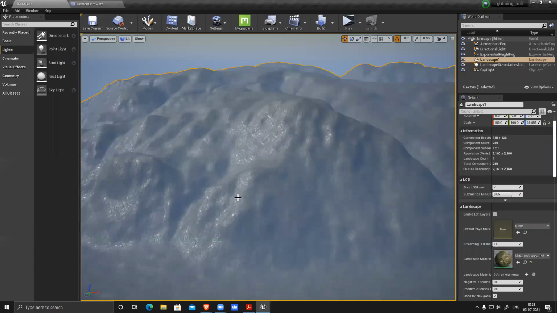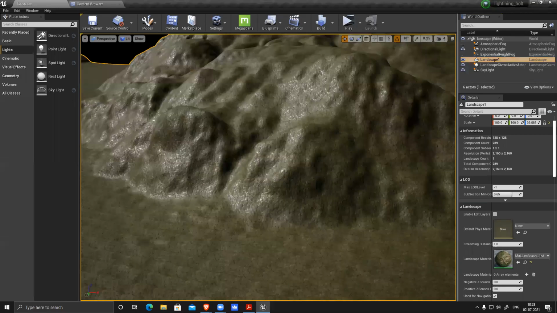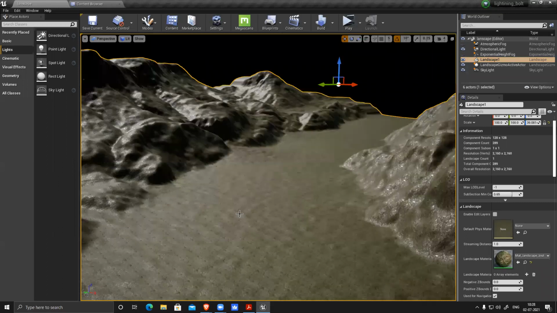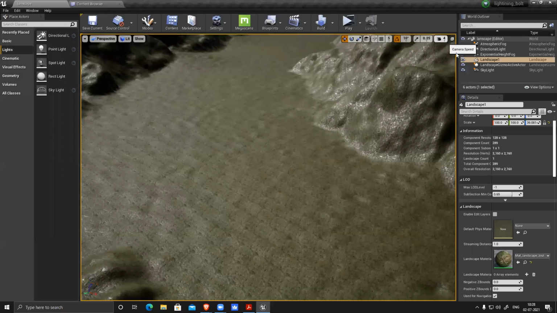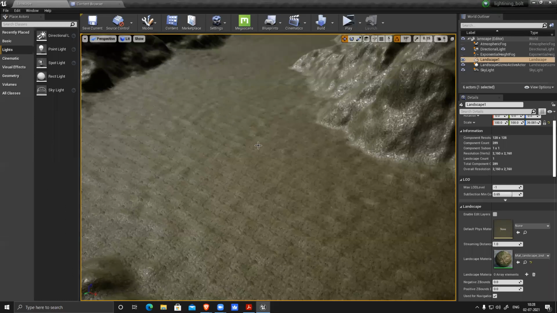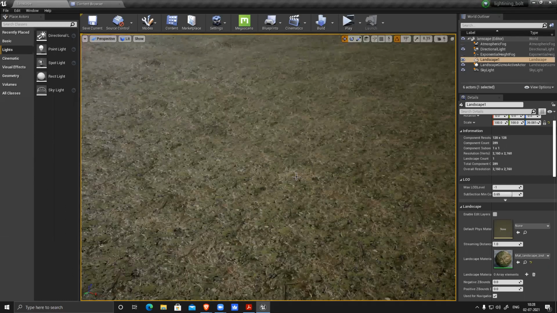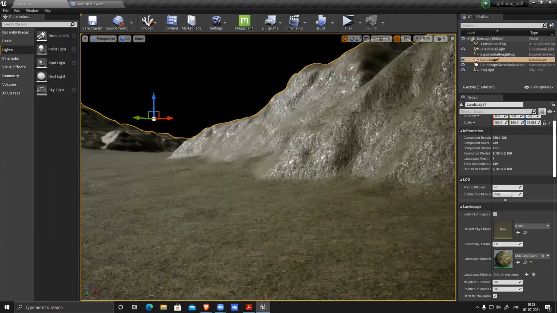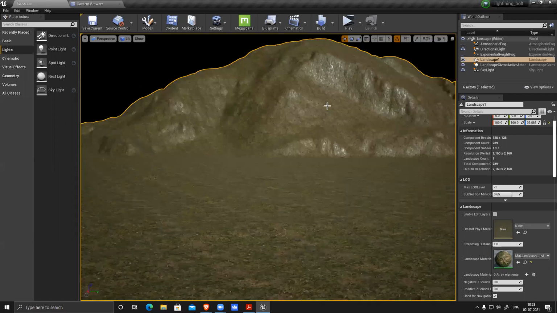Now, I had three different materials, three different textures, but I can see only one. So let me switch off my fog and all so that you can see everything clearly. So now I had three textures, but only one texture is visible. So how do I control it and how do I fix it? So you can see all the ground from ground level. You can check everything nicely. But I can still see it's way too much tiled. If I want, I can reduce it. But let's keep it like this.